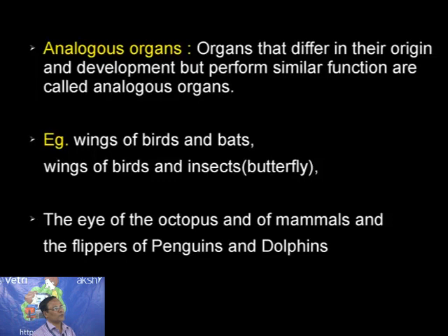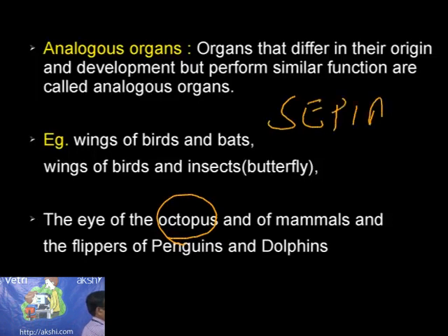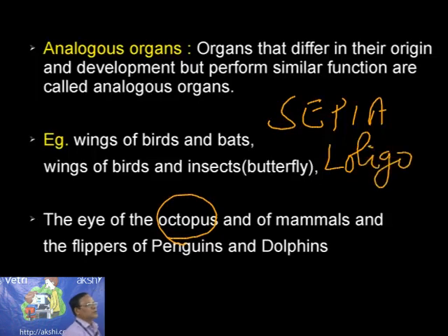In the case of cephalopods, one group of mollusks, highly advanced mollusks, the eye is similar to the vertebrate eye, either in the case of octopus or in the case of sepia or loligo, other molluscan forms. In all cases, these are molluscan animals, cephalopods, having eyes similar to that of the vertebrate eye. That's a common character. But they are origin-wise different, functionally same, meant for sight. So the eye of octopus and mammals are origin-wise different, but both are used for sight.